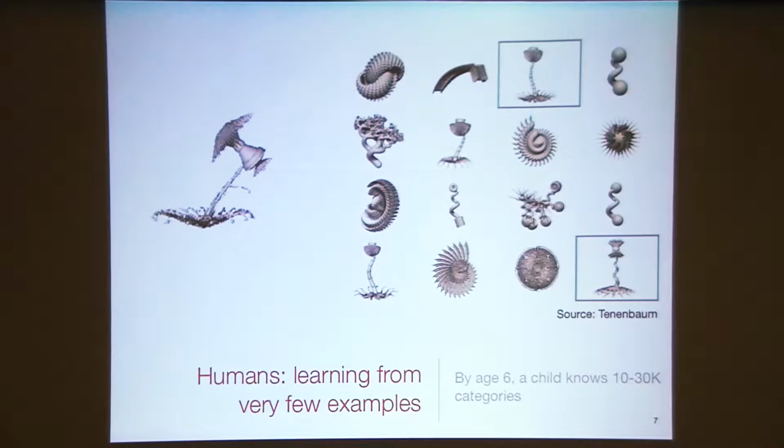So here's an example that I borrowed from a slide from Josh Tenenbaum, where they typically show one single example, a single positive example of a new object category. The experimenter would tell you, well, here's a new type of bacteria from another planet. Here's one example. Look at the examples here on the right side and tell me which ones are likely to be other examples of the same species, for instance. So I could ask you, how much do you believe that this is an example of the same bacteria? What's your guess? Anyone?